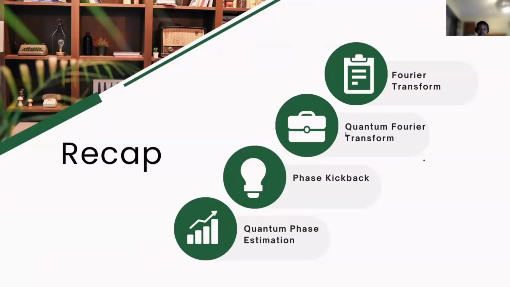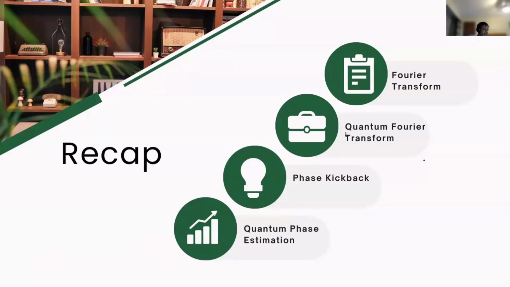Okay, I see this question: are there any additional resources on QFT and phase estimation? And the answer is yes. There are a lot of resources on phase estimation and the quantum Fourier transform. One that I specifically recommend is Qiskit's explanation of phase estimation. In fact, this is where I got a large amount of my figures from and followed the general methodology, but they explain it in much more rigorous detail. I kept it at a superficial level, showing plots, but they go deeper into the math and why things are the way they are through proofs. So I definitely recommend looking at the Qiskit documentation for the Fourier transform and phase estimation.